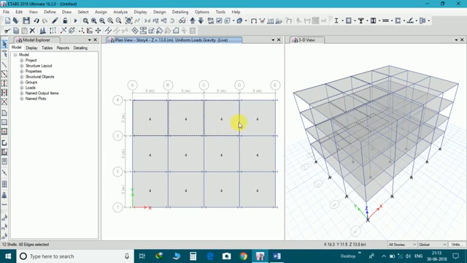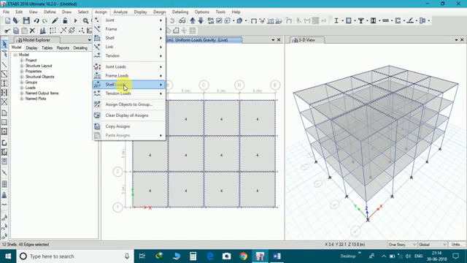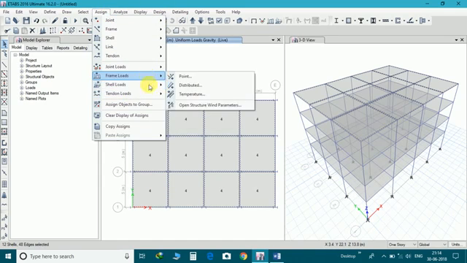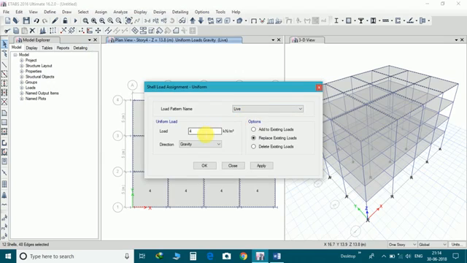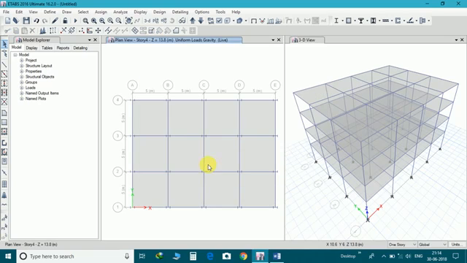Now there is no live load, only the dead load. Take one story here, and from top we'll remove the live load. Delete this. Now the dead load acting on the roof only is 10 kN per meter square.